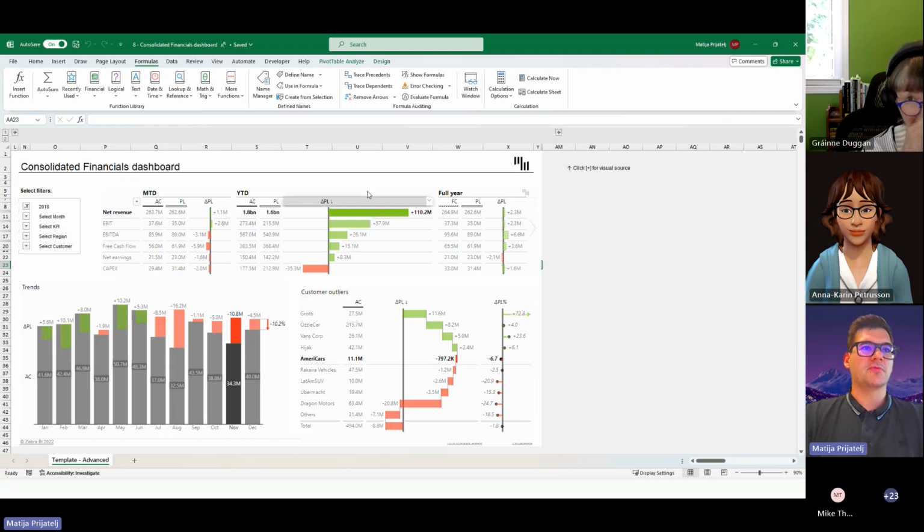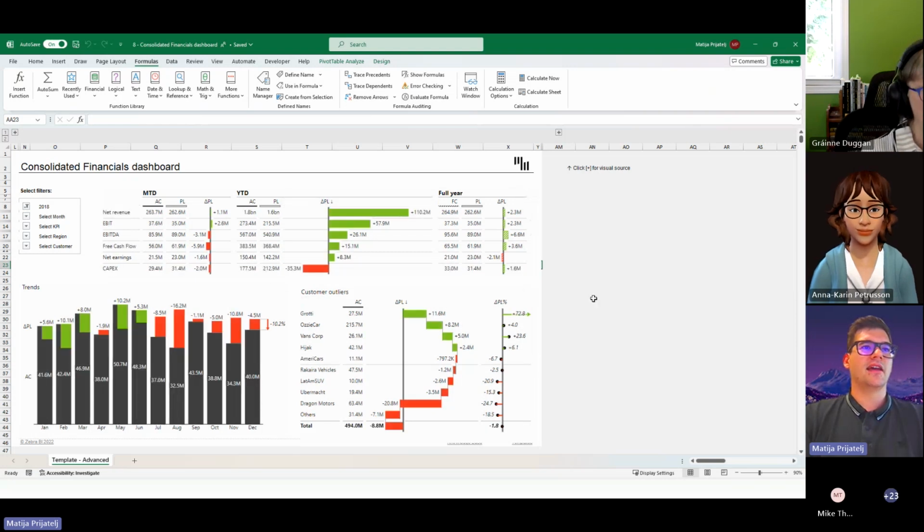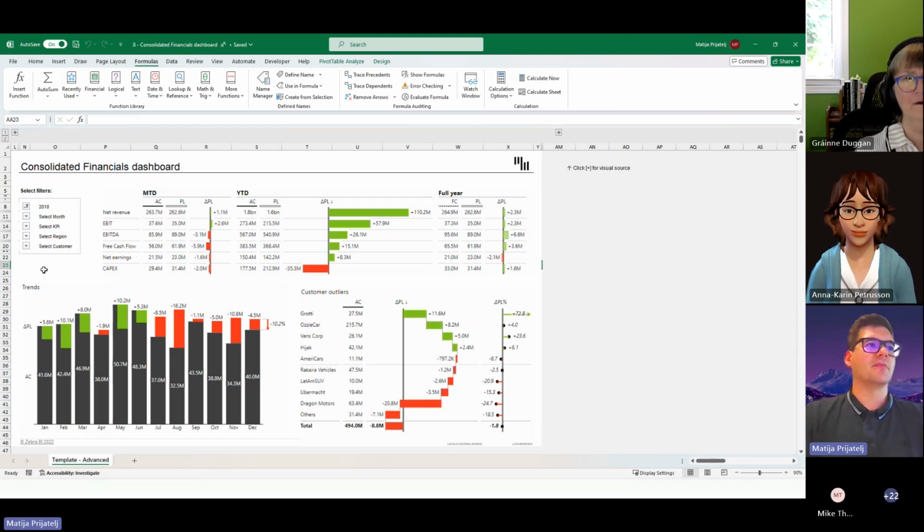If I have a dashboard here, a consolidated financials dashboard showing my customers, and I'm actually one of the customers, the manager of Aussie Car, and I'm trying to see my data from this. What usually in Excel would have to be is I would have to select something here, and then hopefully all of the visuals are sliced up